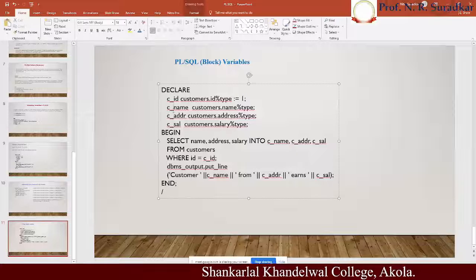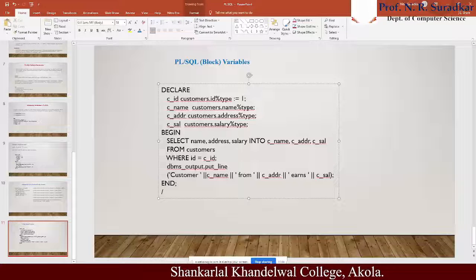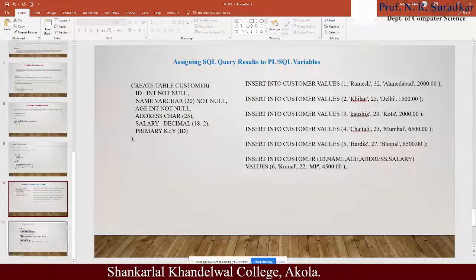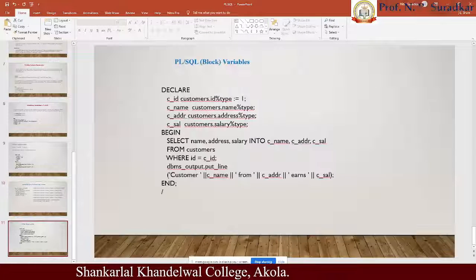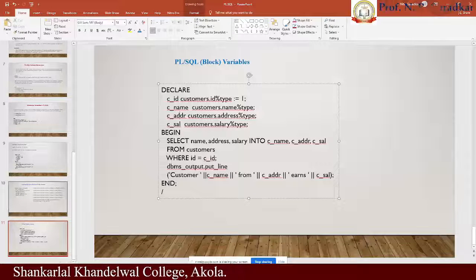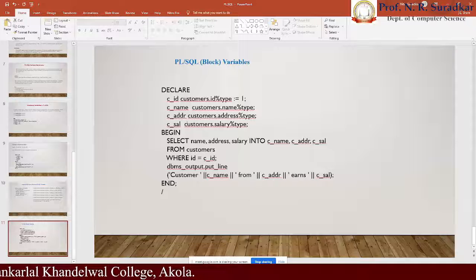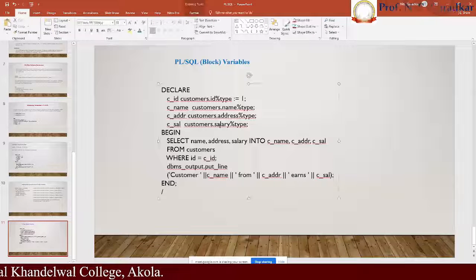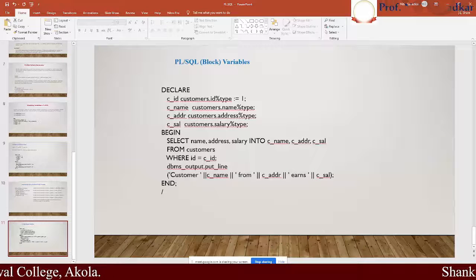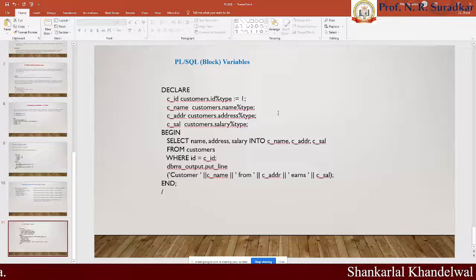Then C_name is the customer name which is held by this particular table. Then C_address is the address which is held by this customer table. Then C_salary is the salary specified by this customer table, which is assigned to this variable, by using the %TYPE keyword.